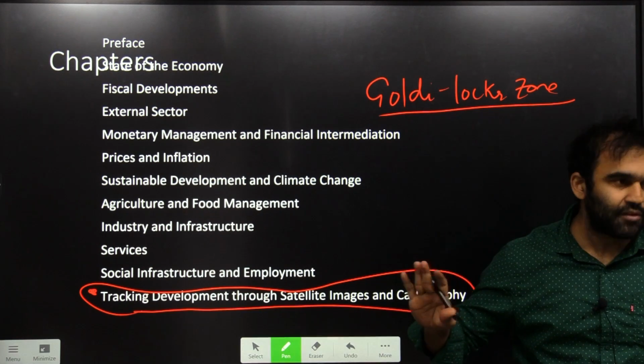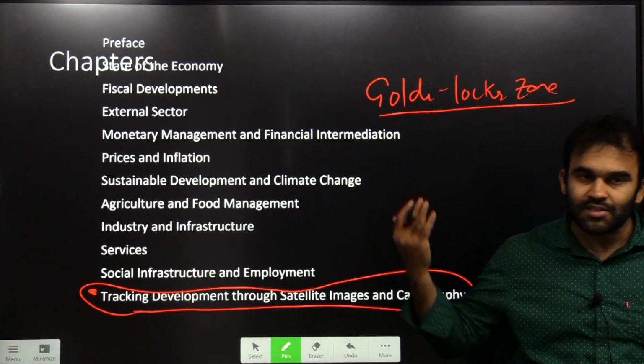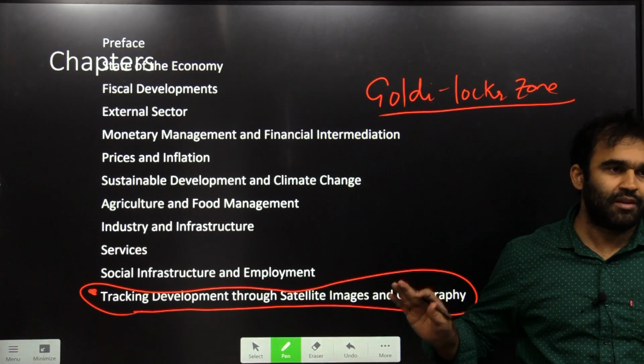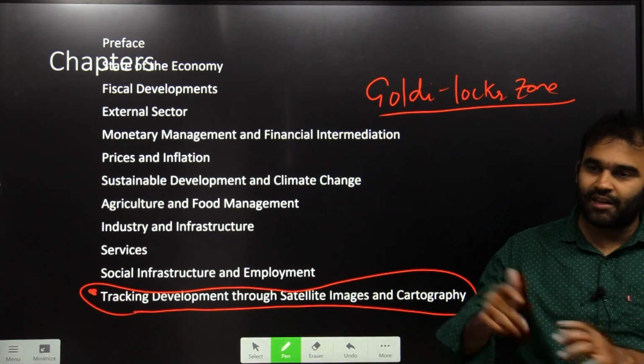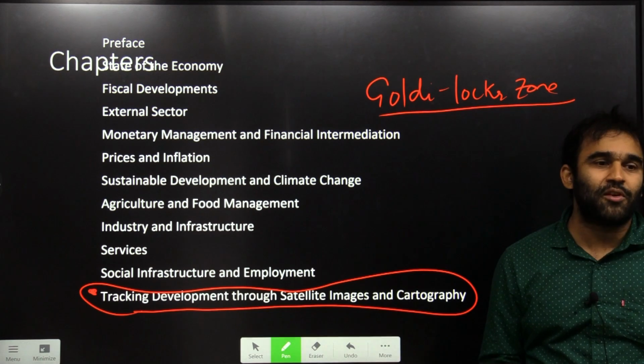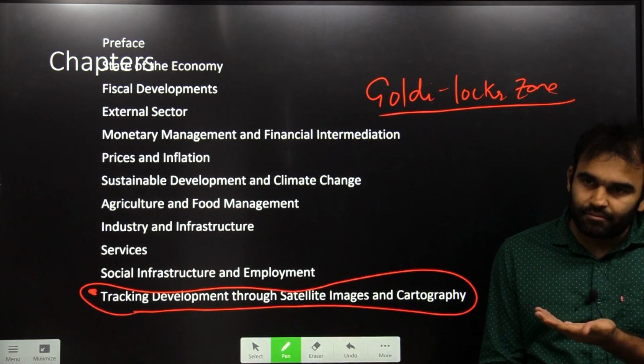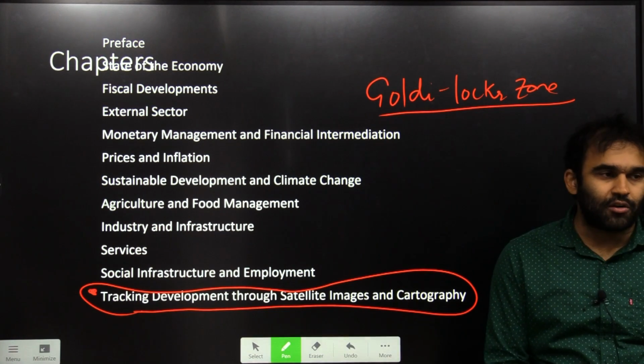Even if you haven't come across them, if you're not going through newspapers, the chances of you coming across these types of words are very less. But that doesn't mean that you go on the internet and search for all these words. How many words will you learn and remember? So don't do that. But they have already asked this Goldilocks zone.